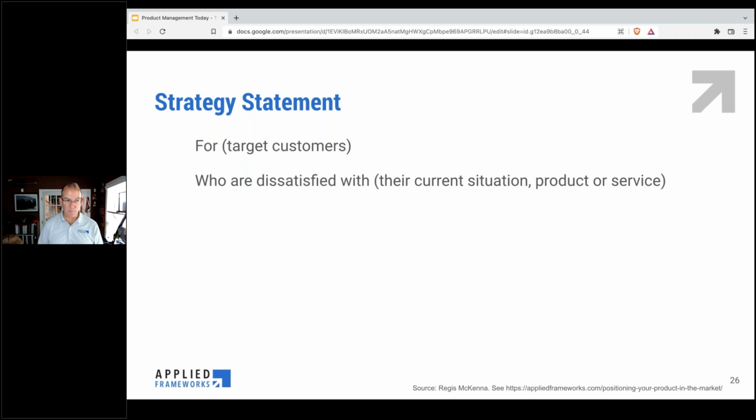Who are dissatisfied with their current state, their current solution, their current products or services. Our product is, and this is a very short statement, usually 2 to 4 words, our product is a mobile application. Our product is a hardware device. Our product is a web-based service